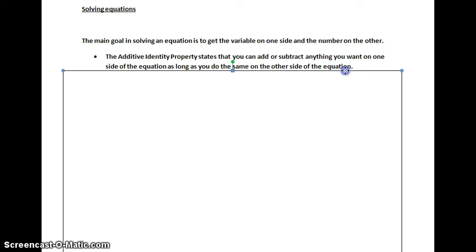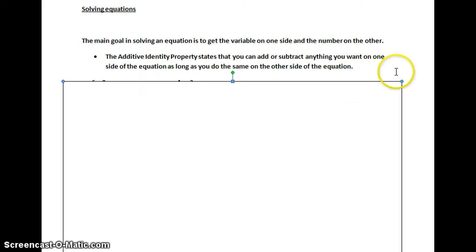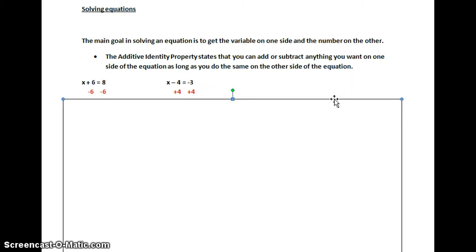Now, we do have two properties that you need to know how to use. The additive identity property states that you can add or subtract anything you want to one side of the equation as long as you do the same thing to the other side. So that's kind of like a balance scale. Think about if I had 2 ounces of gold on one side and 2 ounces of gold on the other. If I subtracted 3 ounces of gold, well, that would be pretty silly, wouldn't it? If I subtracted 1 ounce of gold from one side, to balance it, I'd have to do the same thing to the other. So let's go ahead and take one example,